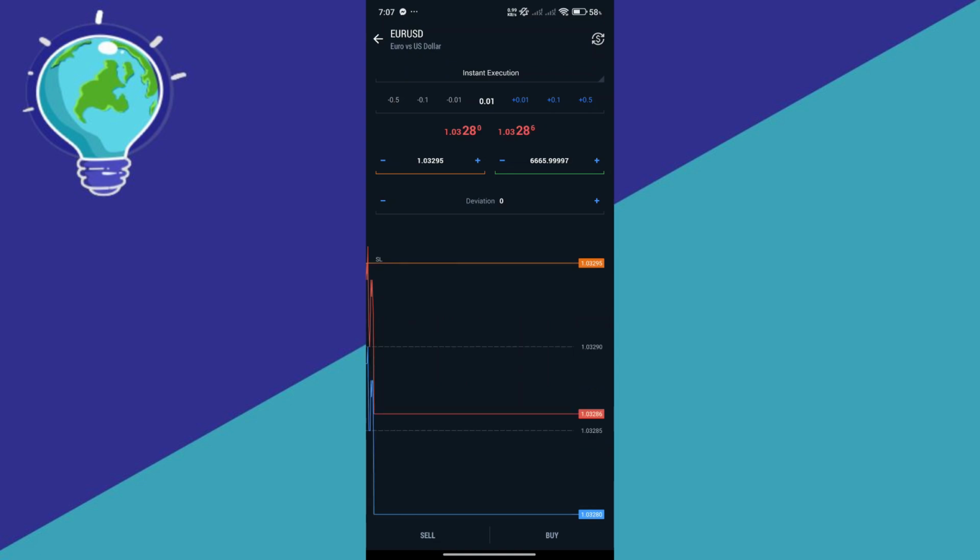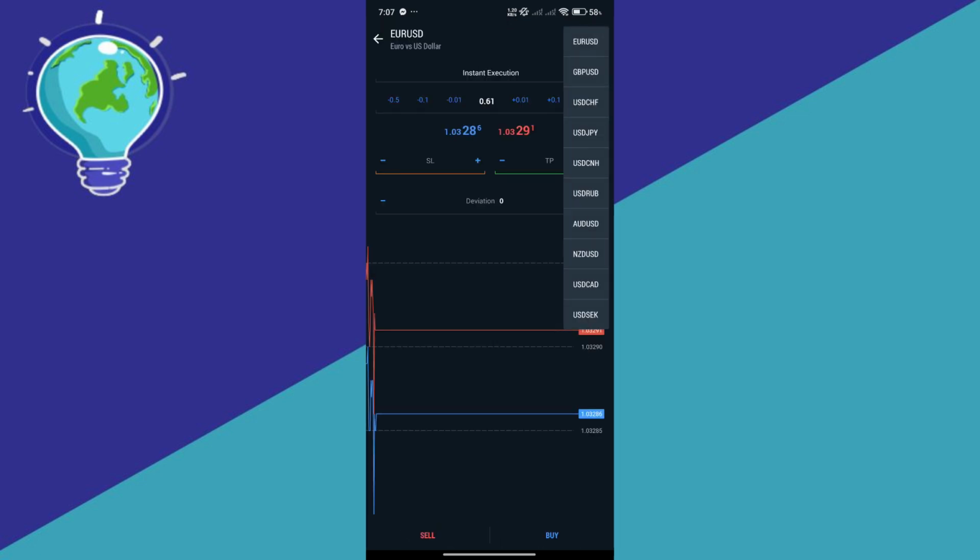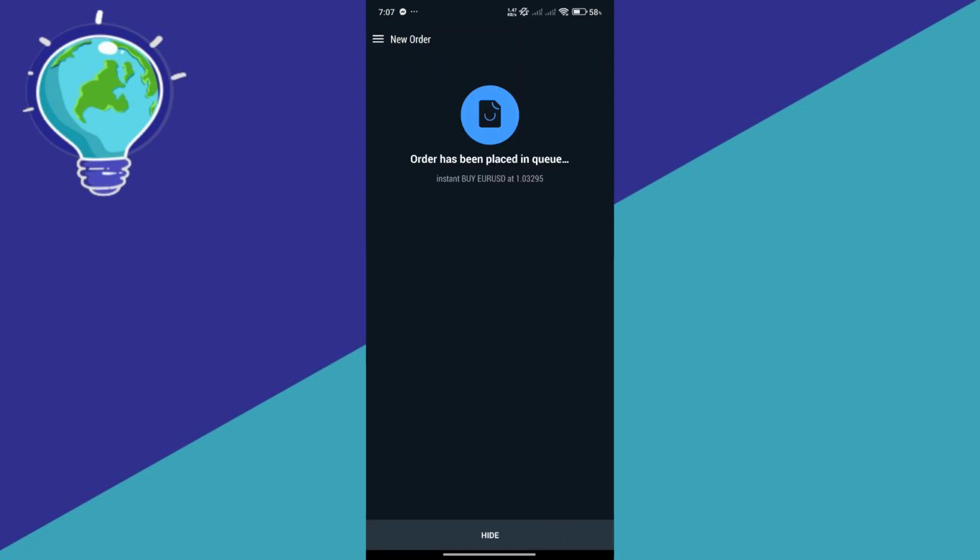Anyway, when you're buying or selling, this is where you will be able to do it. You will be able to do it over here, the top section as well, as you can see. So let's try it over here. Let's select this one. Then if you click on buy, as you can see, we should be able to buy that much